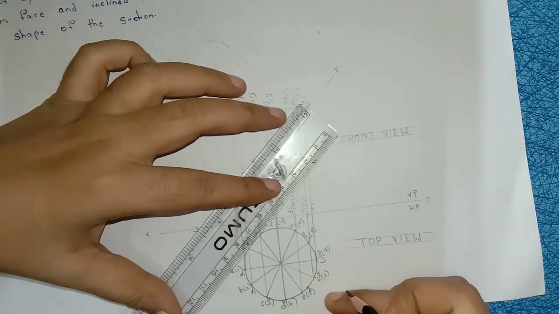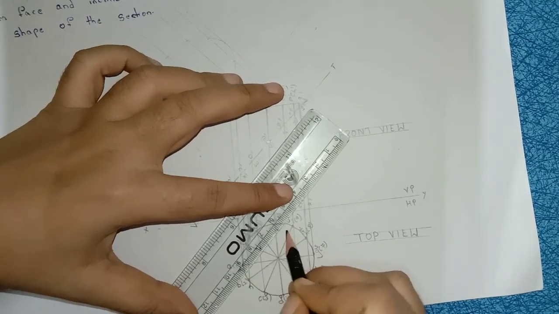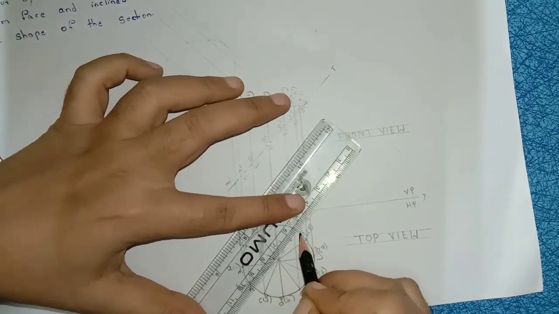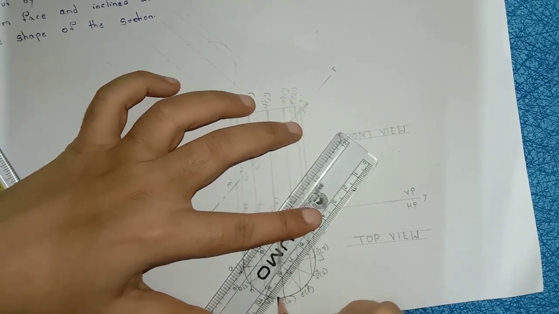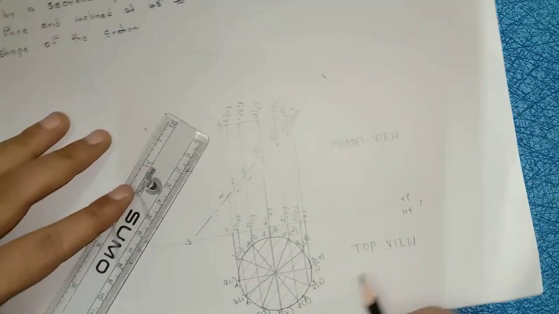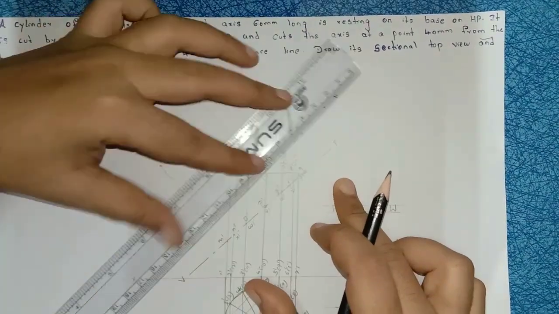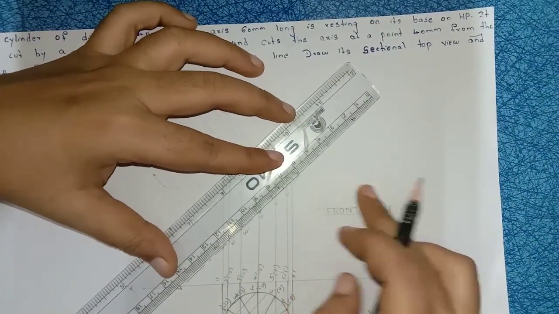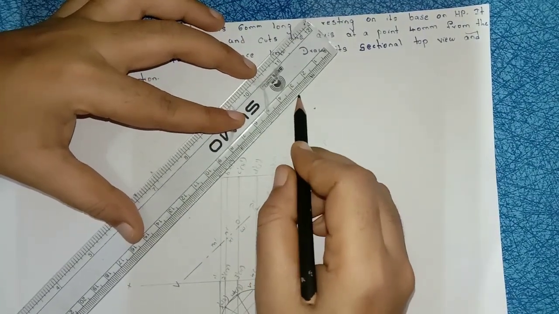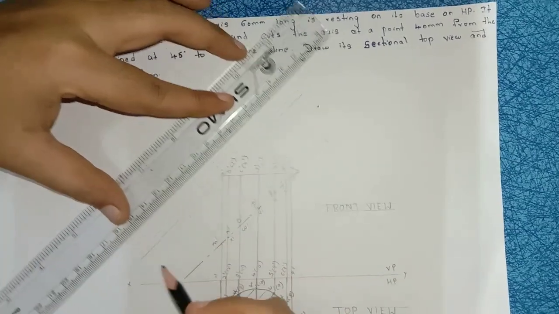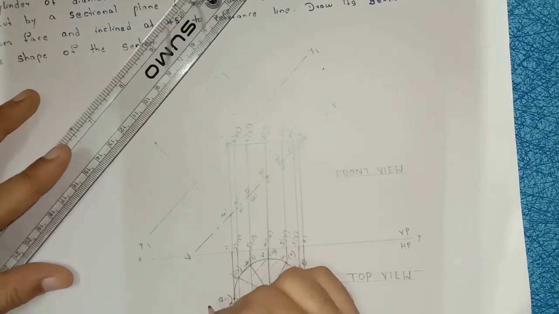After that, we are going to draw hatching lines in this circle. Here the sectional plane is in an inclined manner. Whenever the sectional plane is inclined, exactly parallel to this sectional plane you should draw another reference line, which passes through this corner of the prism. Name it here as X1 Y1. This is your another reference line.